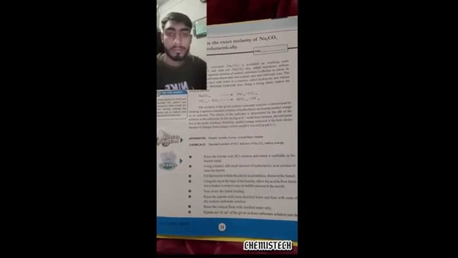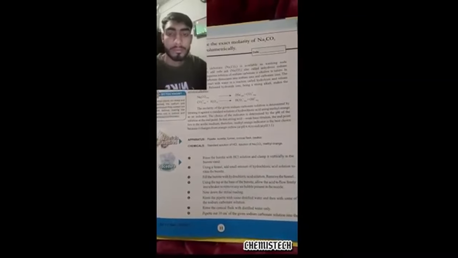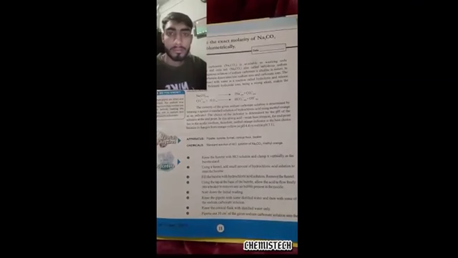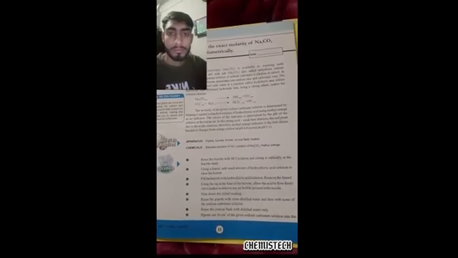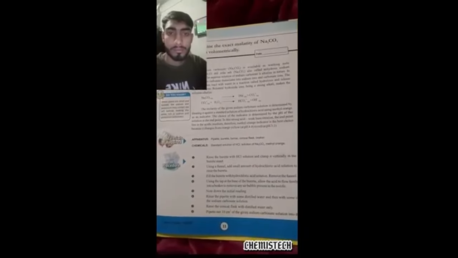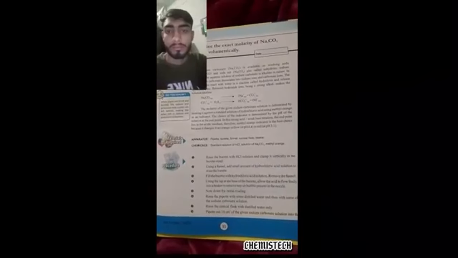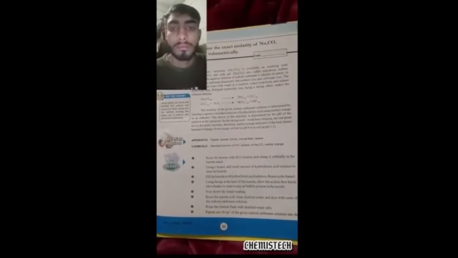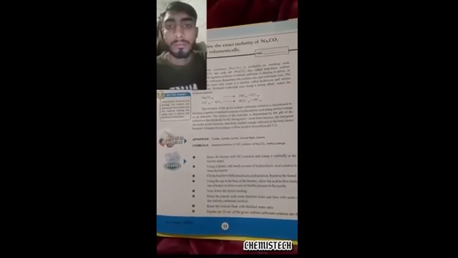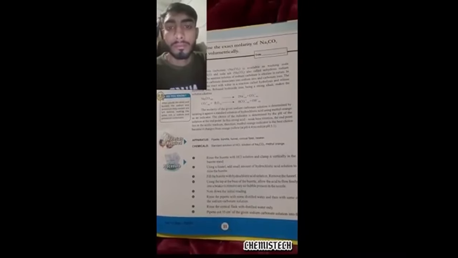Here is the formula: Na2CO3 gives 2Na+ plus CO3 2-, and CO3 2- plus H2O gives HCO3- plus OH-. The molarity of the given sodium carbonate solution is determined by titrating it against standard solution